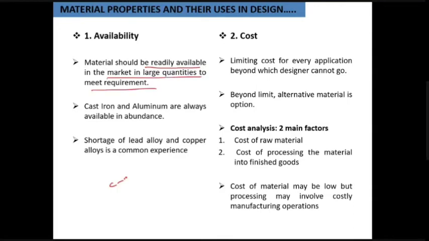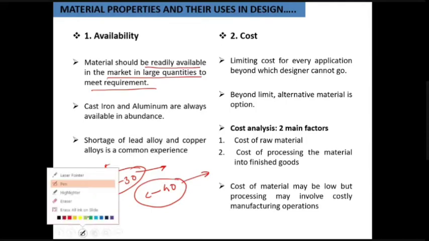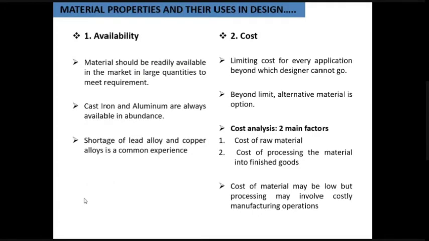Let us say there are two materials, C30 and C40. The C40 plain carbon steel is not available, and C30 is available in abundance, but the mechanical properties of C40 and C30 do not have so much difference. So I can work it out with C30, and the cost is also less for C30. So I will prefer C30. I hope you understand. It's not that the standard process says you have to select C40. No, you can go for C30 if the requirement is satisfied. So the designer has to take a call.